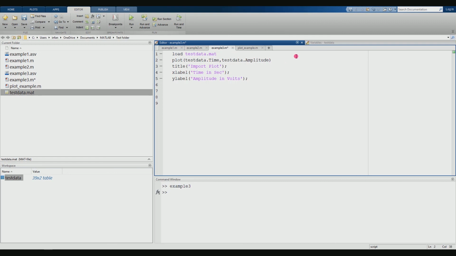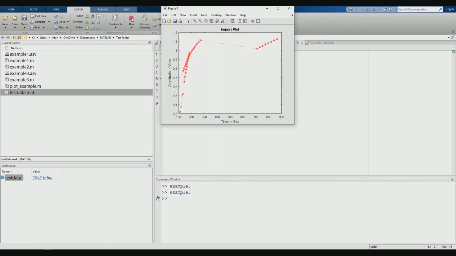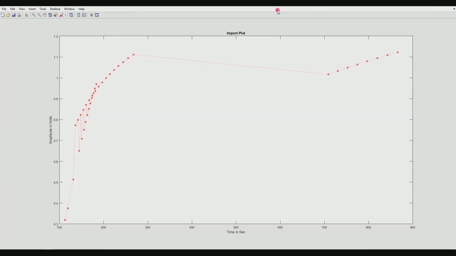So if you want to give some specification, that also can be given here, line specification. So say you want the line style to be dotted line, marker to be asterisk, the color to be red. You can add that here. So save, click run. So you can see the line style is dotted, color of the line is red, and the data point marker is asterisk. Whatever is desired, you can do it.